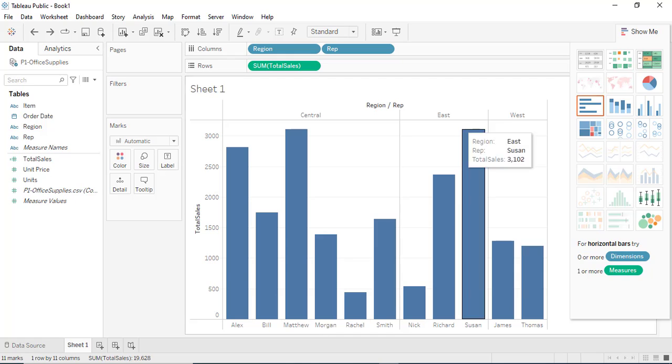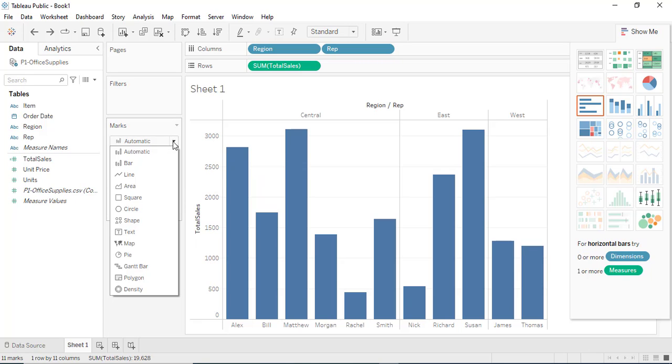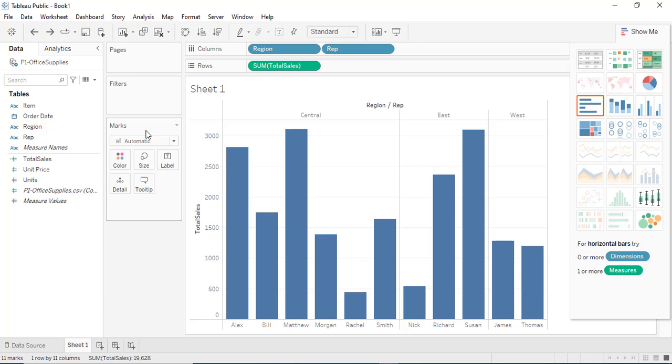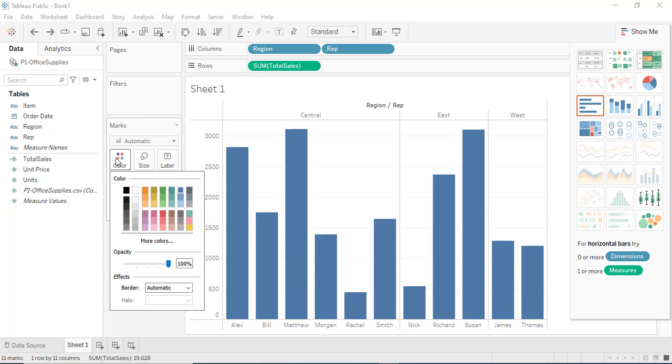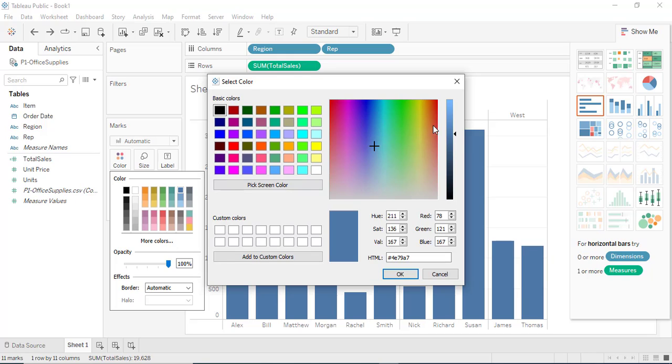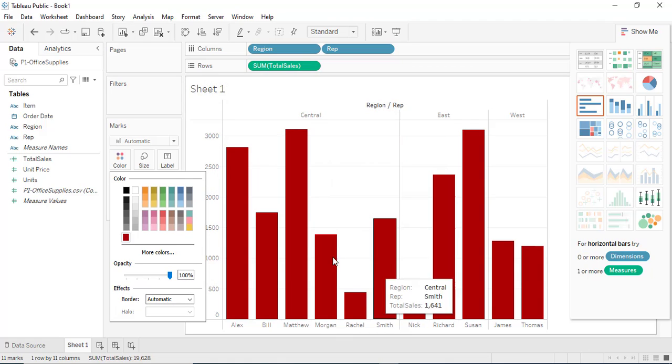So what we are going to do is that you can see from this mark, you can see color palette in there. So when you hit on it, you can see automatic at the top, automatic bar, lines, area, and the likes. We're not going to touch this, we're just going to click on color. When you click on color, you can decide to click on more colors. From these more colors, you can see a lot of color palette. You can select any one you feel like selecting, and when you hit on OK,